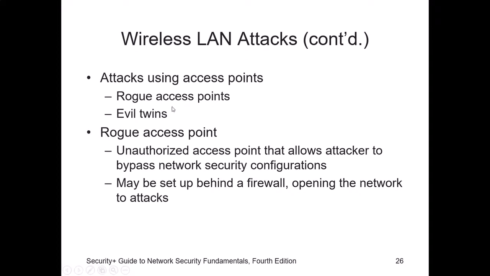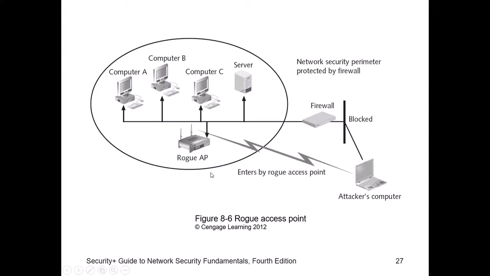All right, so we talked about the evil twin, having somebody sitting around with a rogue access point, that is, an unauthorized access point that allows the attacker to bypass the network security. For example, if this computer cannot go through this wired firewall, what he can do is just try to connect through a wireless signal. So if I'm outside and I can't go through the building, I can go wirelessly through the access point and get connection into the LAN.